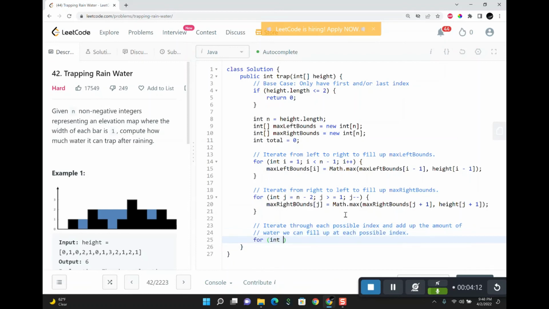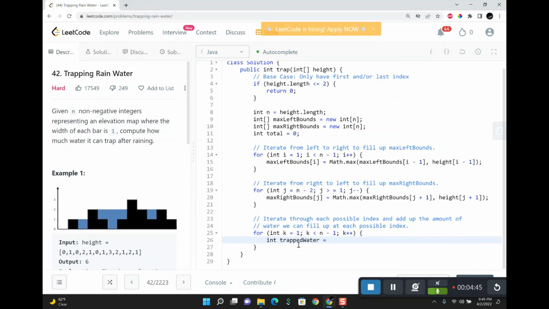So for int k equals to 1, k less than n minus 1, k plus plus, we're going to say total plus equals to... First, let's figure out, okay, because we need to check whether the amount of water that we can fill up at each individual index is positive to begin with. So int water, trapped water,